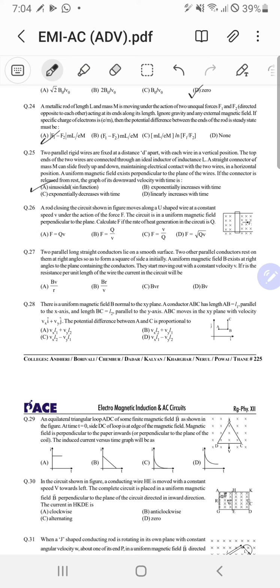Okay, next. A rod closing the circuit as shown in the figure moves along a U shaped wire at constant speed V under the action of the force F. Huh. Wait, constant speed under the action of force F. F is not constant in that case, right? Okay, cool. The circuit is in uniform magnetic field perpendicular to the plane. Calculate F if the rate of